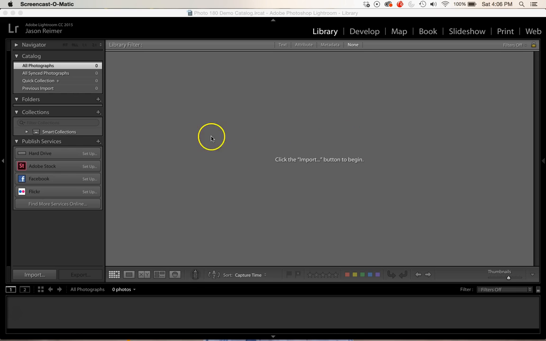So as you can see, there's no images here. On the left, under the catalog drop-down, we've got 0 everywhere, and just by definition, because we don't have any images, there's nothing to put in folders. This is completely blank, so a good place for us to start from. So I'm going to go down here and click on the import button,